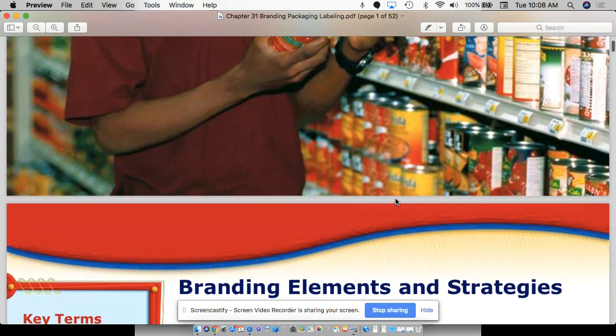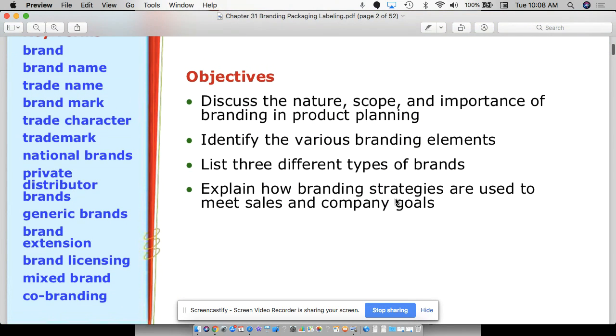As far as today, I just wanted to wrap up the notes that we started yesterday. Kind of gave you guys all the terms, but didn't really explain all of them just yet. So we started with brand name, trademark or trade name, brand mark, trade character, trademark, national brands. Got about halfway through it, and you'll notice that the word brand and trade shows up an awful lot. The thing is, it's important to realize that, put your laptops down, that for each one of these, they do have some slight specific differences. The first one, brand, is kind of a general term, lots of different things can be a brand.